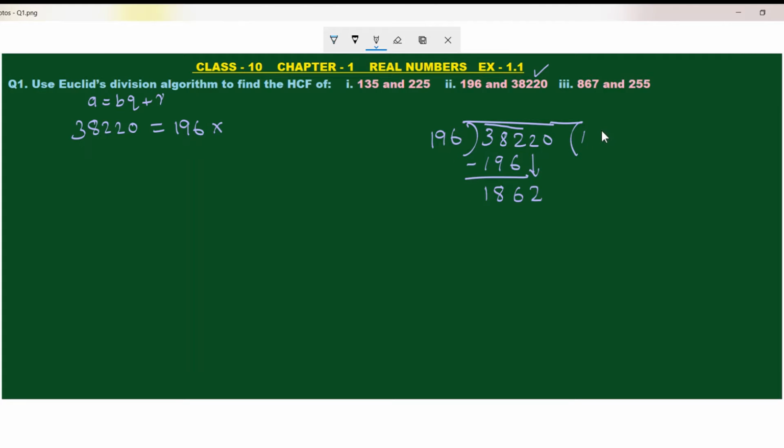Now we can go with 9, because this is a 3 digit number and this is a 4 digit number, and it is too near to 2000. So we can go with 9. 9 sixes are 54, carry 5. 9 nines are 81, 81 plus 5 is 86, carry 8. 9 ones are 9, 9 plus 8 is 17. After subtraction, 12 minus 4, 8. 15 minus 6, 9. 7 minus 7, 0. This is also 0. Now we need to drop down this number.